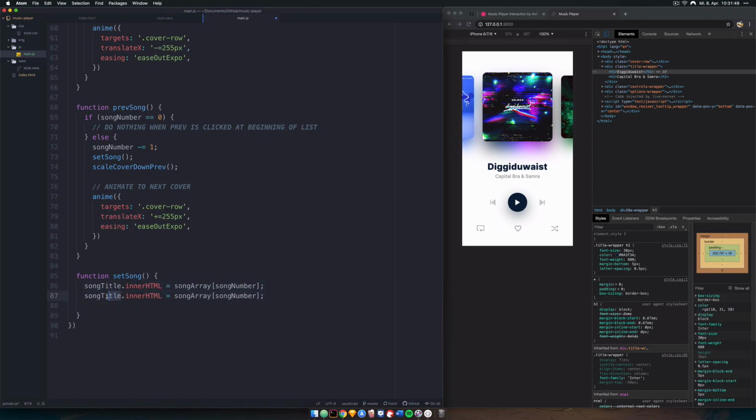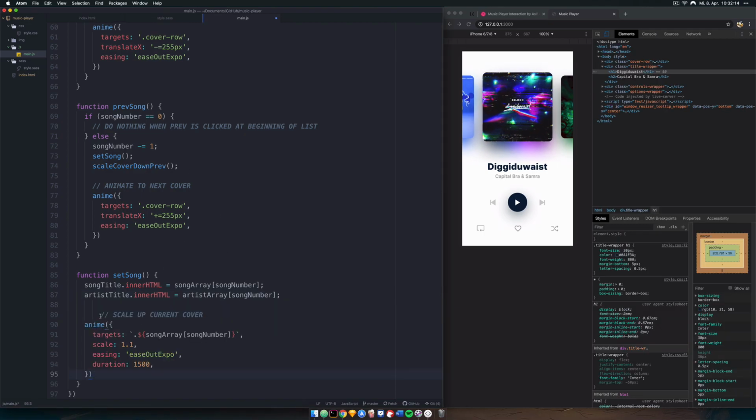What we also want to set is, we can just copy that there, copy and paste song title. No, not song title in this case. In this case, we're looking at artist title. Inner HTML will be set to artist array. Good, that's that. And what set song is also going to do is scale up the current